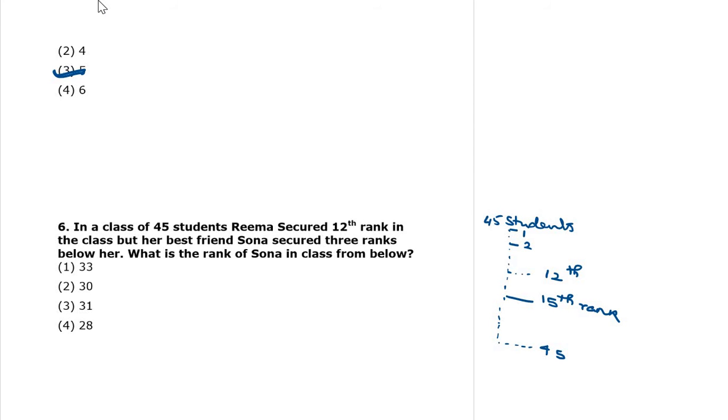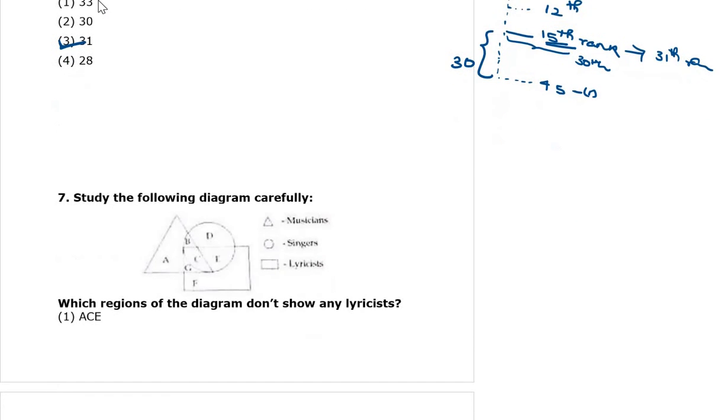Okay. So how many students are in between Sona and the last one? Sona is the 15th girl. Okay. So in between 30 students are there. 30 students. 15 plus 30, 45. So from the below means from here you have to put the rank 1, 2 like that. So 30 students are in between them. Therefore this is the 30th rank. But they are asking Sona's rank. Therefore the rank of Sona is 31st rank. The easiest way is to subtract these two numbers and add 1. Always for number of persons we are adding. So the answer is 31st.